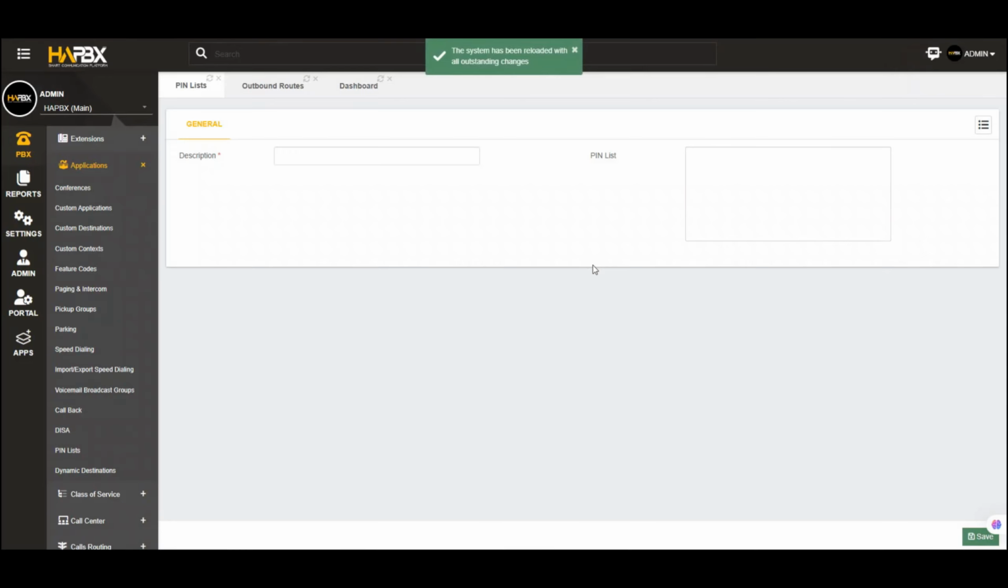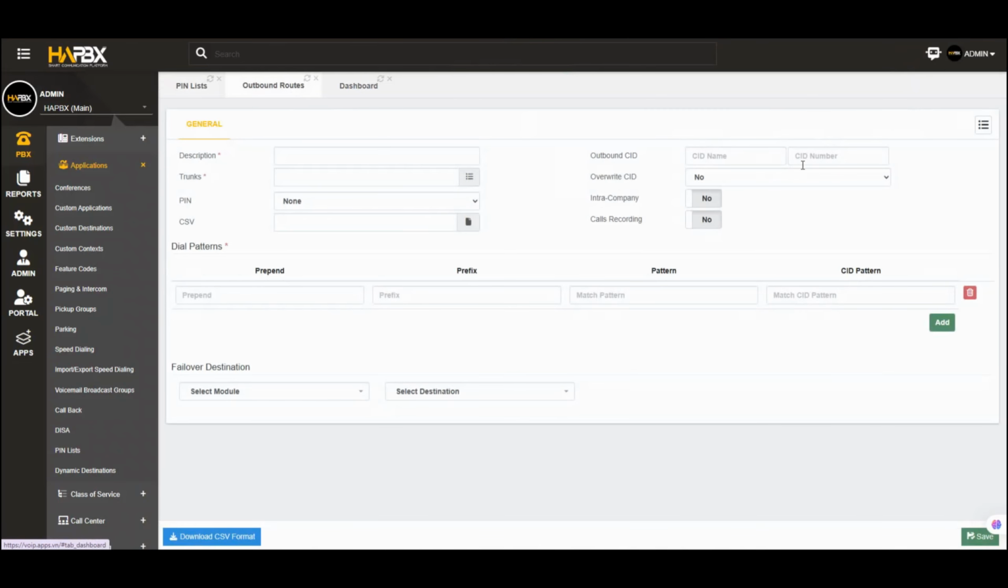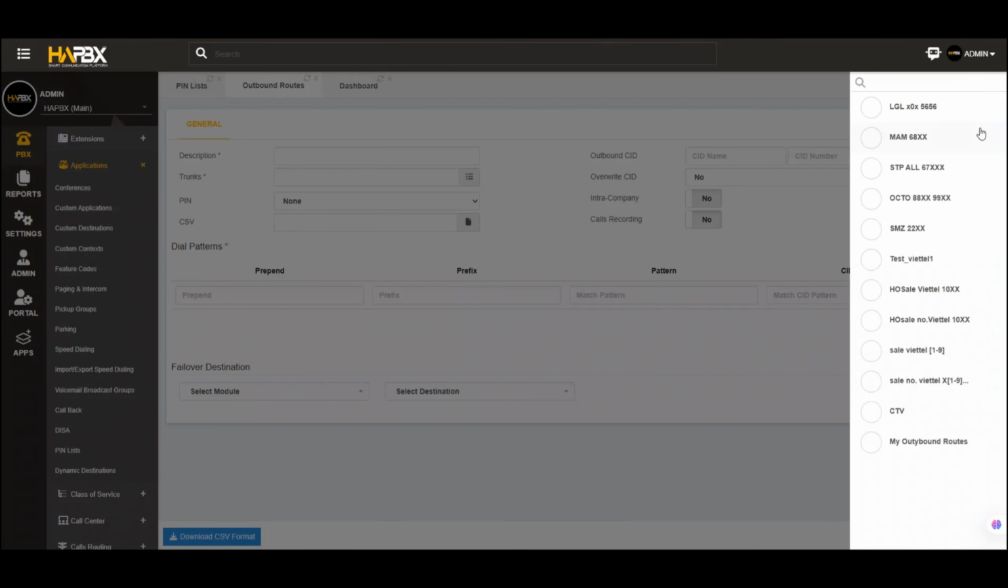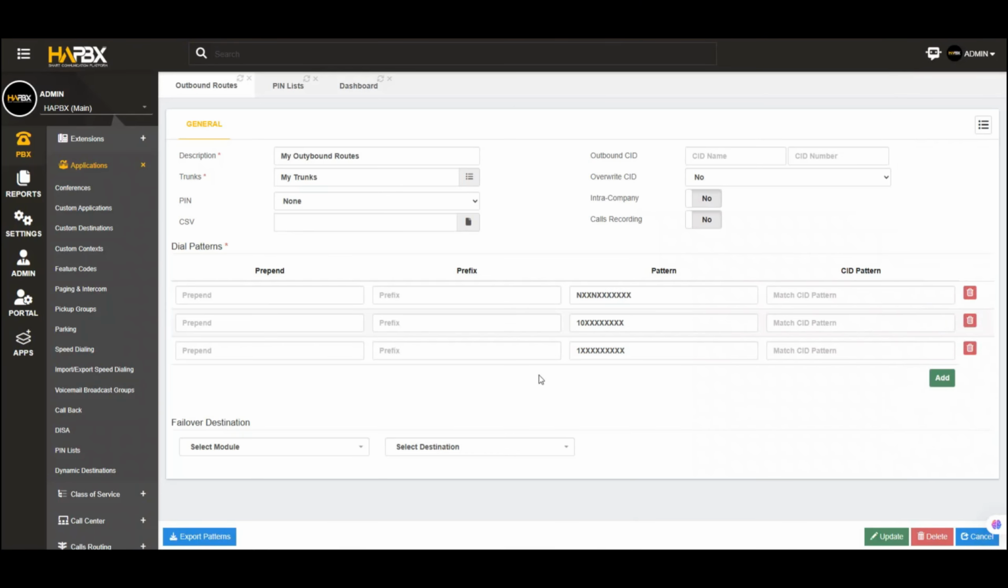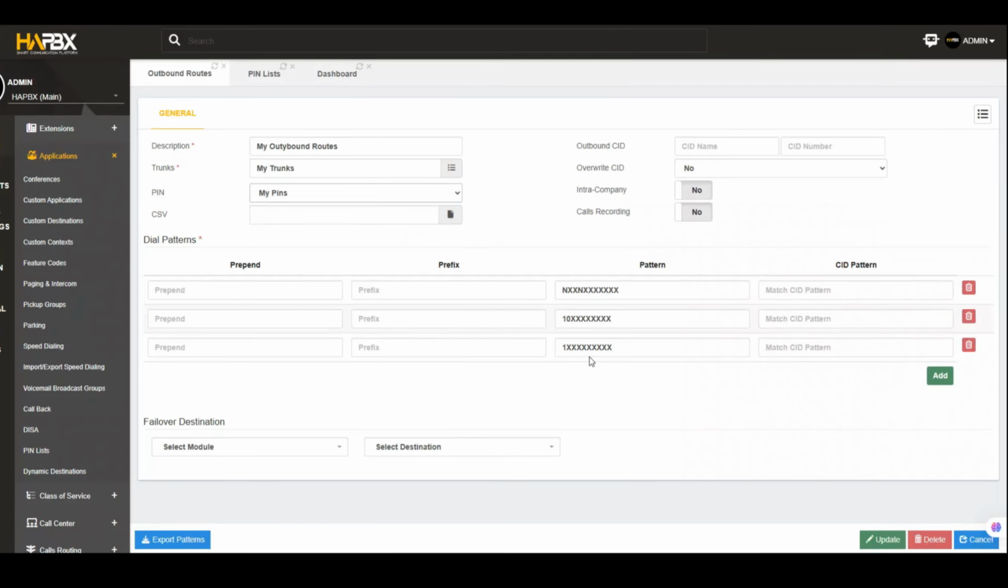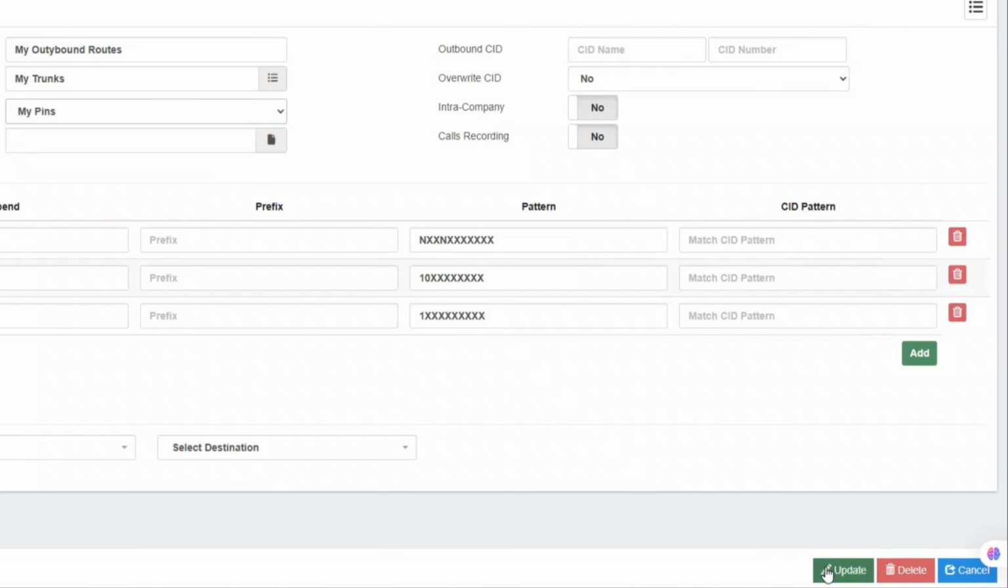The final step is deployment. You can now add this pin list to the desired outbound route, for example, the international route. When users attempt to dial through this route, they will be prompted to enter a valid PIN from this list to complete the call. Utilizing PIN lists is an effective strategy for controlling costs and preventing unauthorized use of expensive